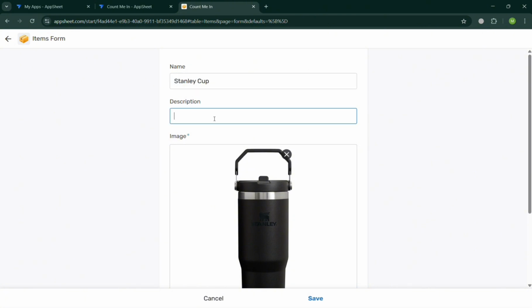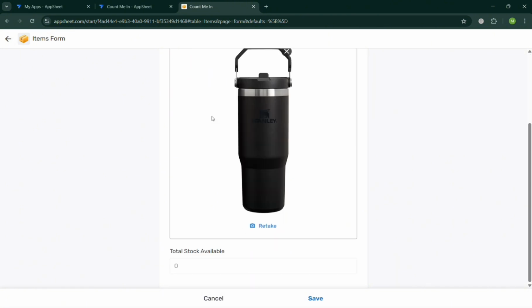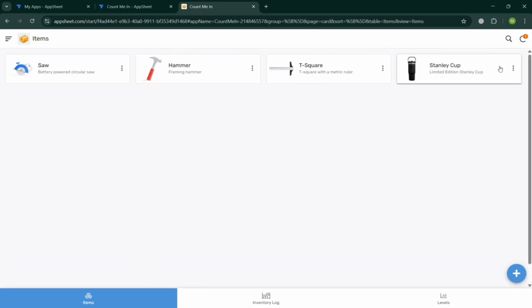Then you could also add a description that describes the product you want to inventory in here, which is a limited edition Stanley Cup, for example. And for the stock available, currently it is 0. Now by saving it, to start adding more inventory, you can click on it,